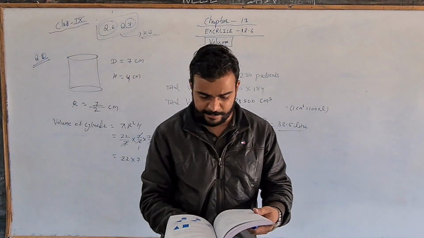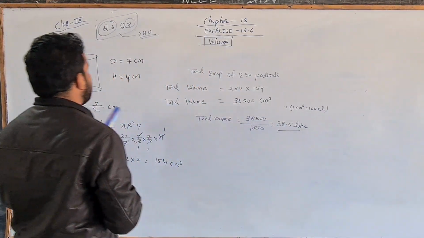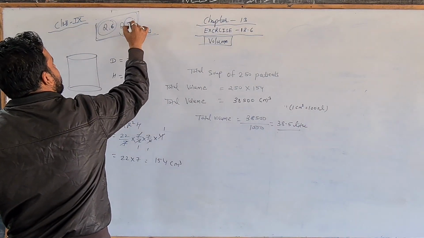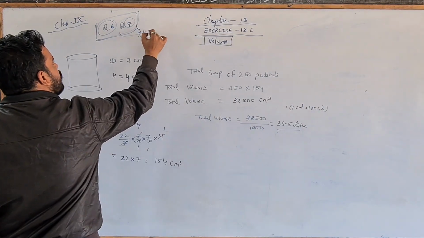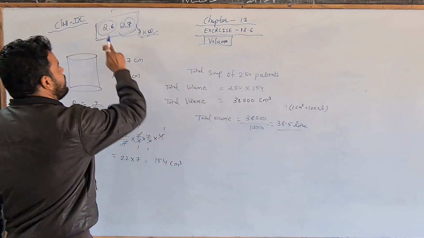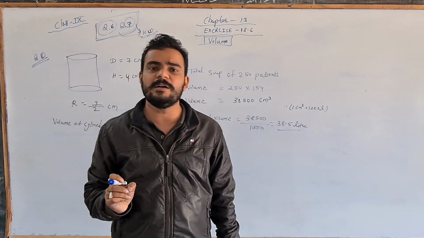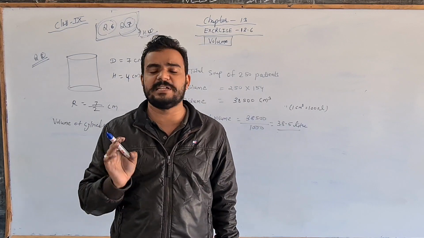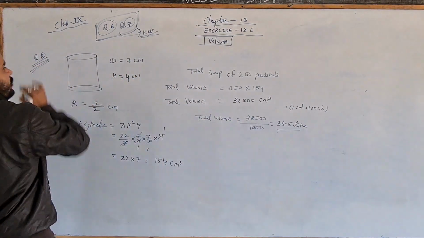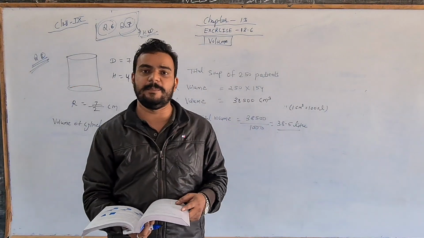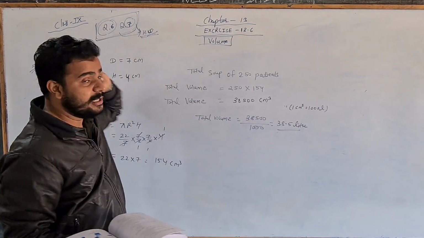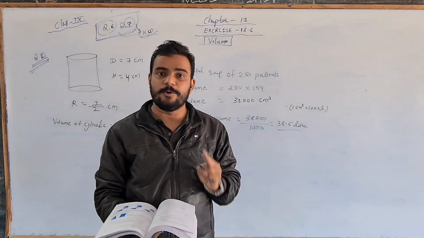Okay students, so the next question is number 8. Question number 6 and 7 are homework, two homeworks for you. Just try to solve them at home. I hope that since I solved all the other questions, the remaining two you can solve. If you face any problem or doubt, then afterwards you can ask. The next question number 8 is the last question of this exercise. After that our exercise 13.6 will be completed. Six questions I have done, and the remaining two, 6 and 7, are homework.